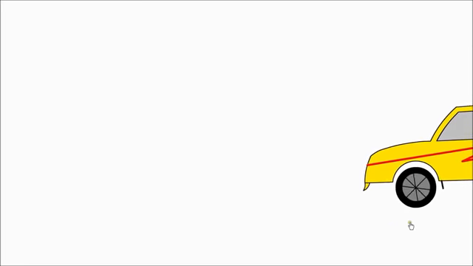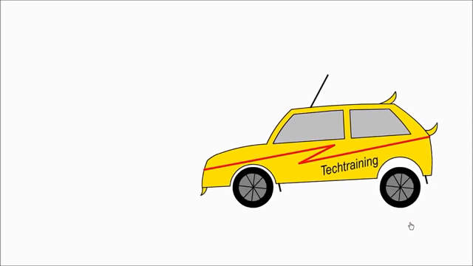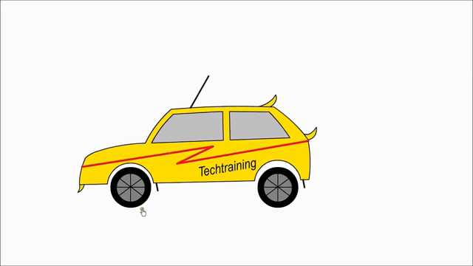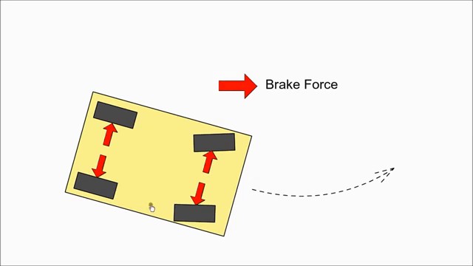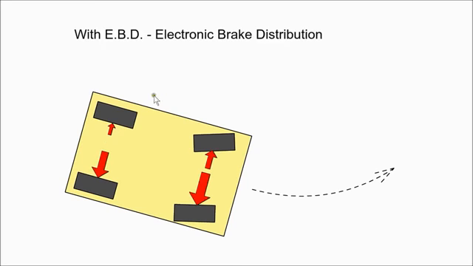Under heavy braking, the weight of the car is transferred towards the front. Therefore, the front wheels do most of the braking. Also, when a car corners, the weight will be transferred to the outside wheels. When the weight is transferred to one side of the car, there is a possibility of wheels on the other side locking. EBD, electronic brake force distribution, uses many of the ABS sensors to determine wheel speed, and also the